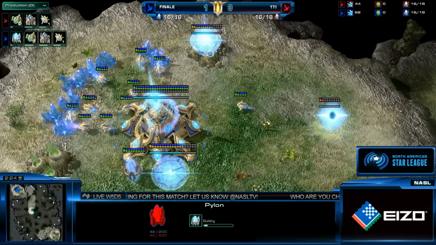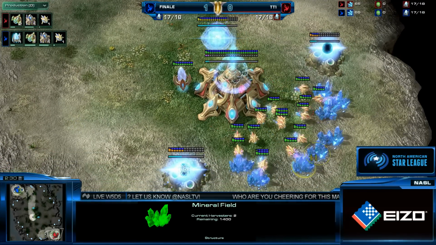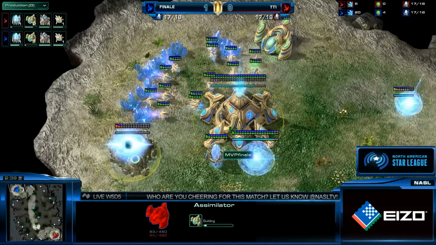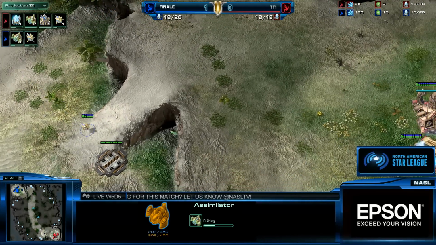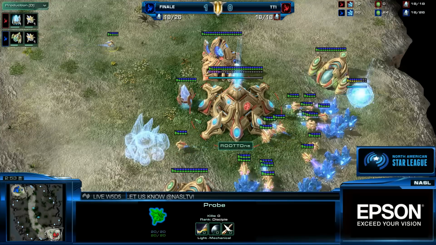Did you know that you could click on mineral patches and it told you how many people are harvesting? Yeah. I knew that about gas, but I didn't know they had that for minerals. Yeah, they added that at the same time. Second assimilator is being walked in right now for Finale. It broke my brain. It doesn't really matter. It's like the most inconsequential thing to be able to keep track of. But